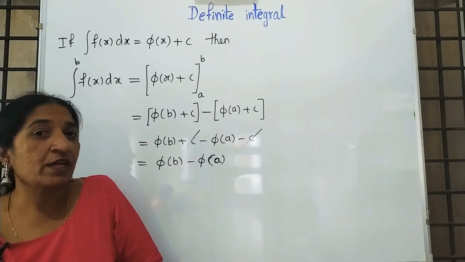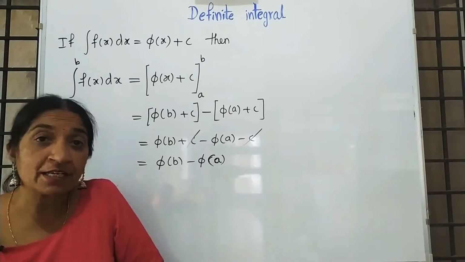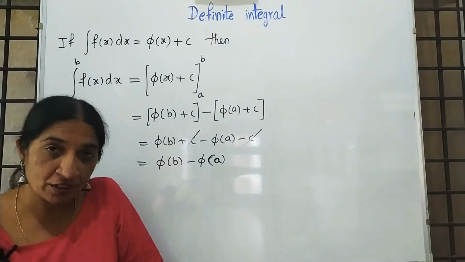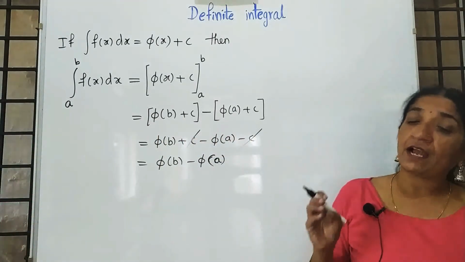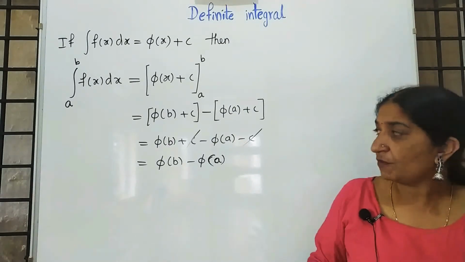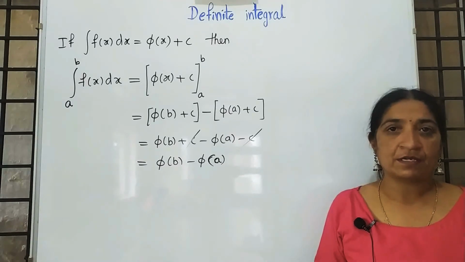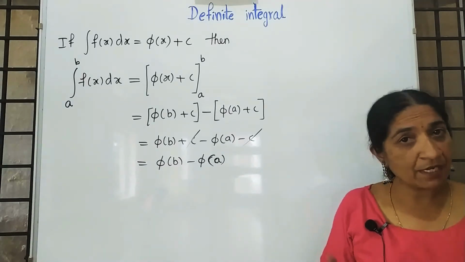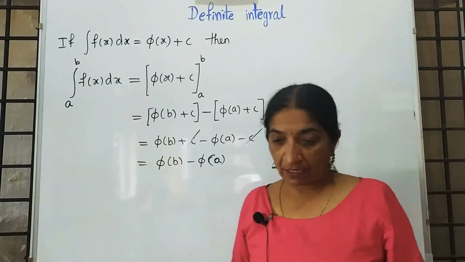And one more thing we are understanding, that it is a normal integration. After integration, without writing the constant, it is a normal integration. Don't write the constant, and after completing the integration, substitute first the upper limit, then the lower limit. Understood? First upper limit, then lower limit. I will explain each and every sum, how to apply this.